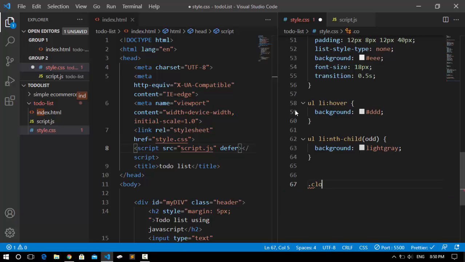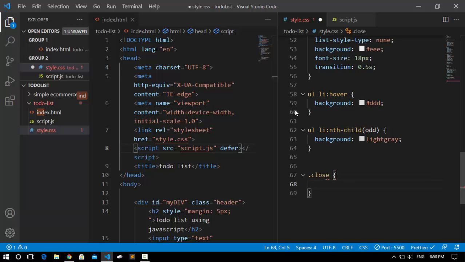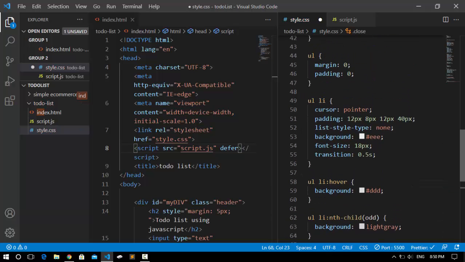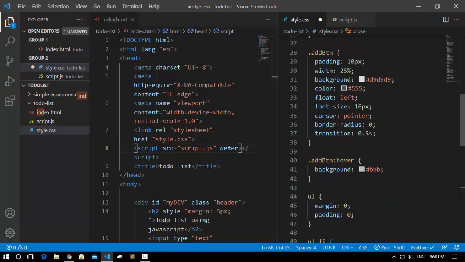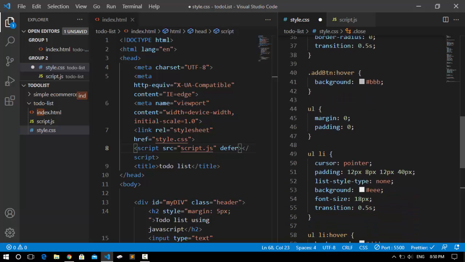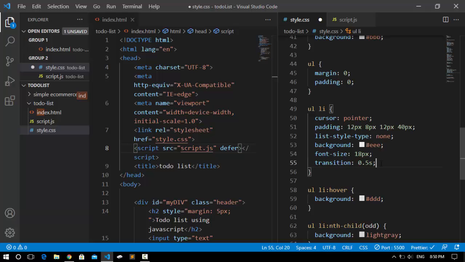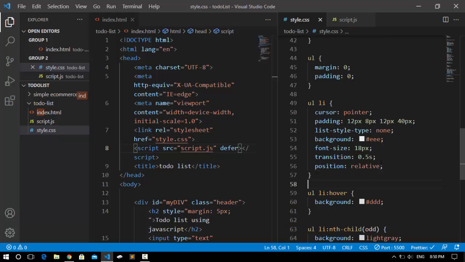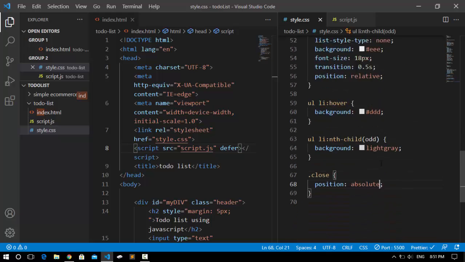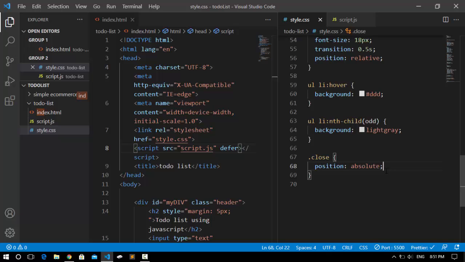So I'm gonna say close, and after that set its position to absolute, because we put the position of relative to our, where is it? I didn't put any position relative. Our UL should be a position of relative. So I'm just gonna come here and say position to relative. So now here I'm gonna set its position to absolute,